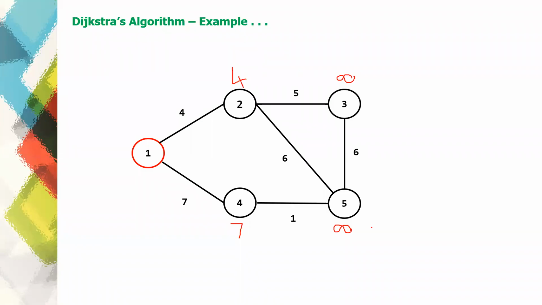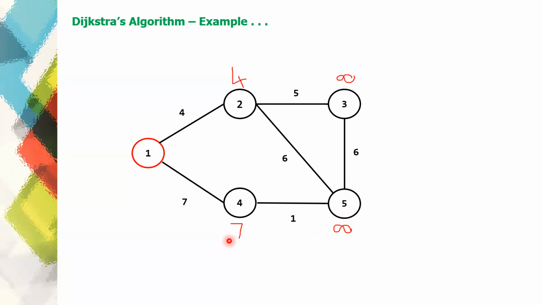This is step 1, where you determine the distances for all the remaining vertices. If there is a direct edge from the source vertex to vertex V, then you take that weight. Otherwise, if there is no direct link, then you take the weight as infinity. Then we'll go to step 2. In step 2, as I said, we are going to make a greedy choice. We are going to check which nodes